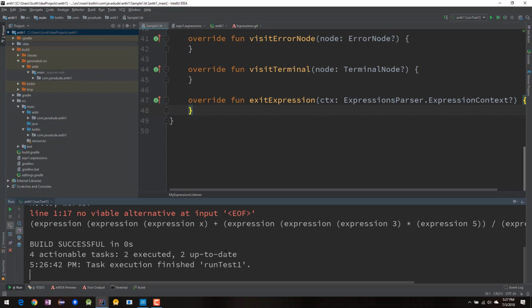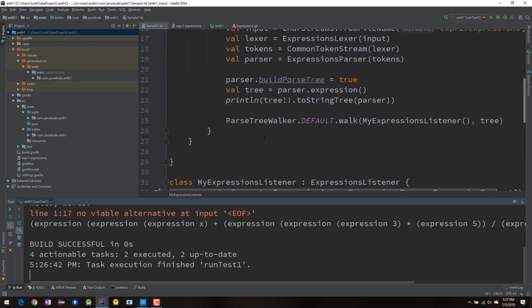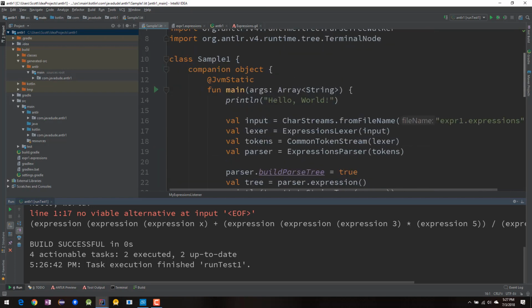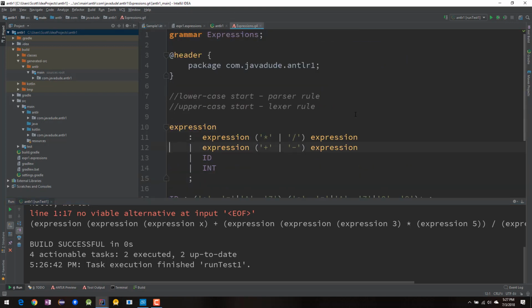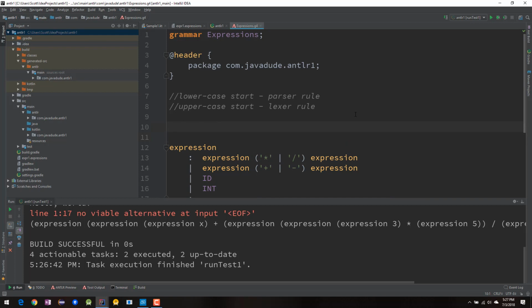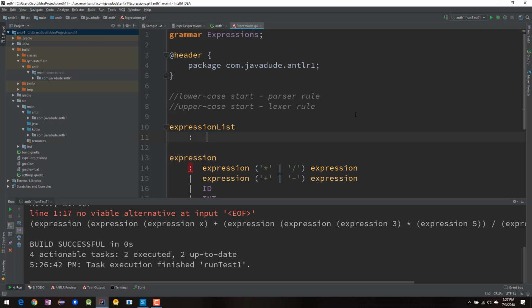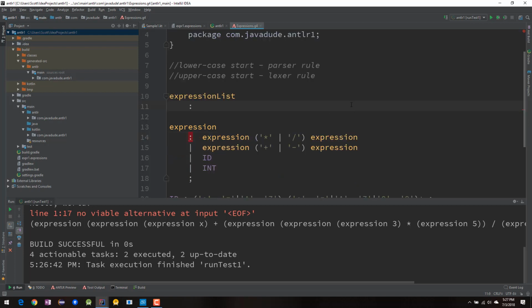So let's say that we want to actually have this evaluate that for us. Now, in order to do this, we're going to need some variables. Let's go ahead and add some variables into our grammar here. We've got this guy here as an ID. We're going to need to allow an assignment to it. So let's say expression list. An expression list is going to be